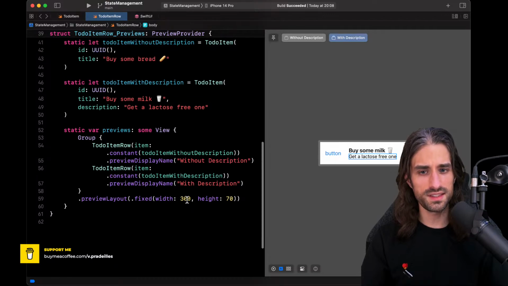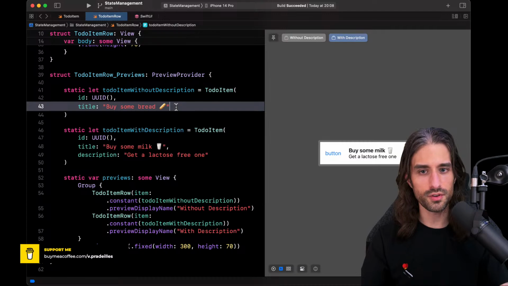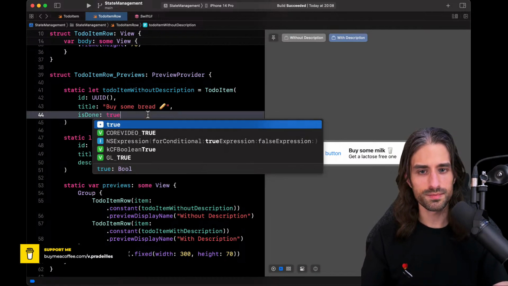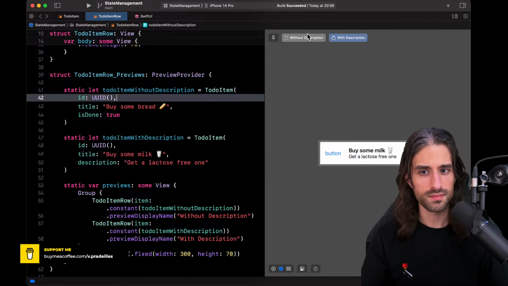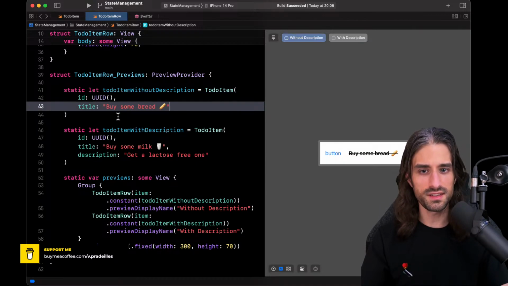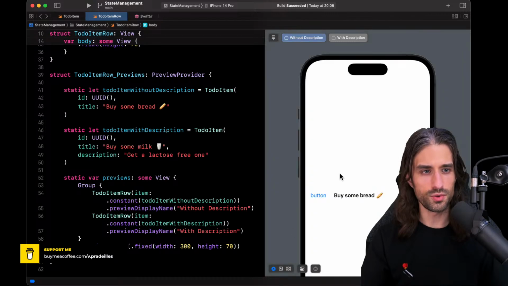And we can already test the static behavior of this. So if, for instance, for the first one, let's see, I put isDone to true. You can see that indeed it works. However, if I remove this and I try to interact with my preview, so I go to the live preview, you can see that nothing happens.